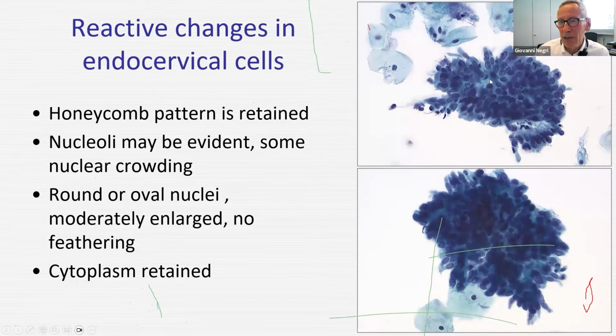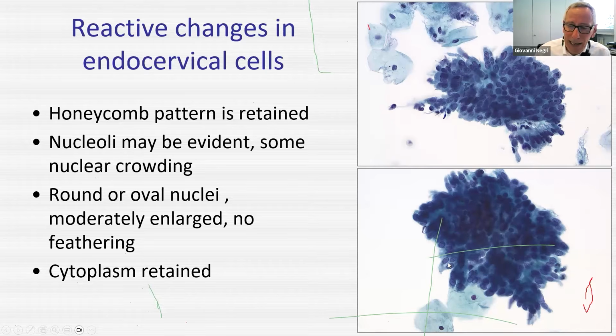But if you look carefully, you still see some cytoplasm in the middle of this group of cells, some honeycombing, and at the periphery of the cell group, you see still very well maintained cytoplasm, no real nuclear atypicality. So that's